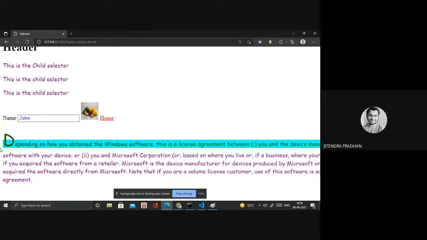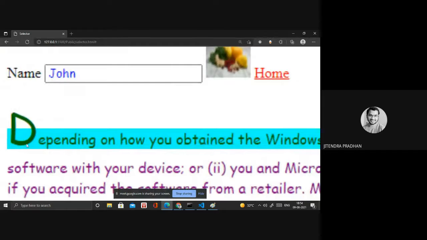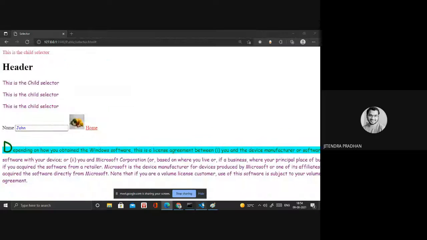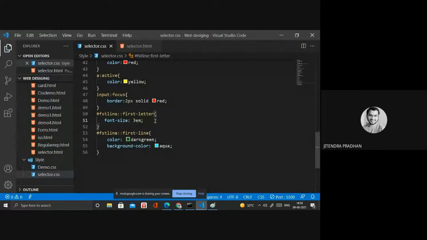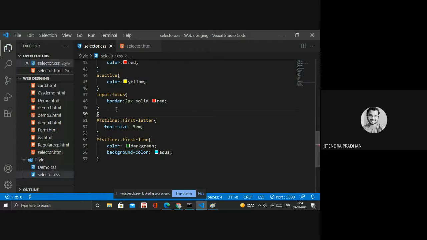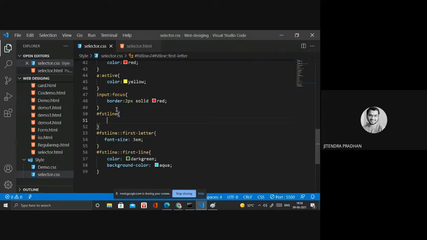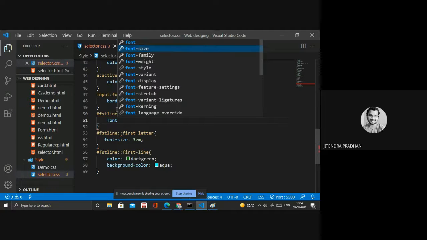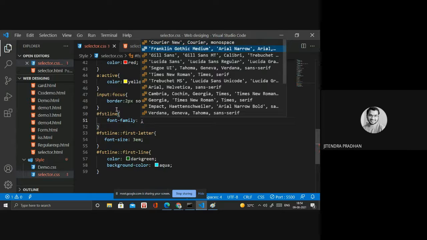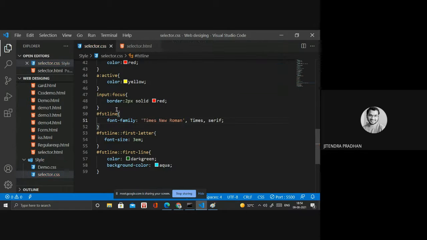The first letter will be in that format. And if I change the font family, let's see. I need to change the font family. Okay, wait, change it in the first line, and we have changed the font family. If I change it to Times New Roman, let's see.